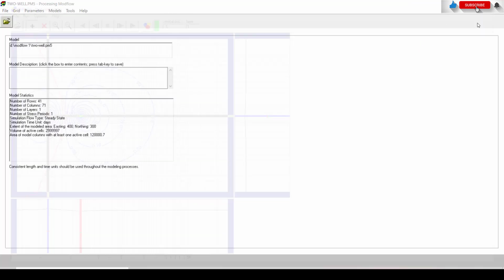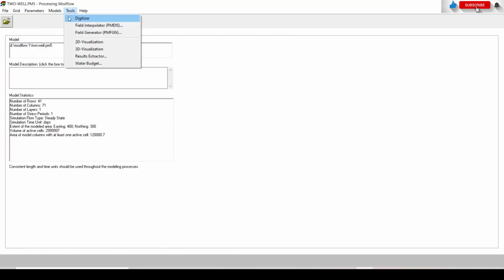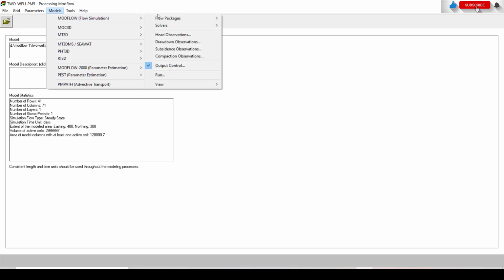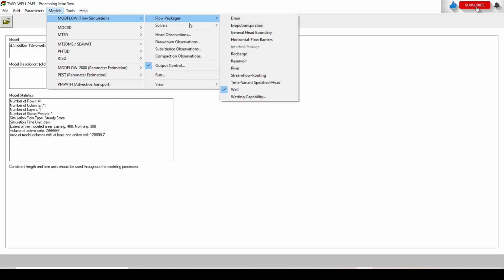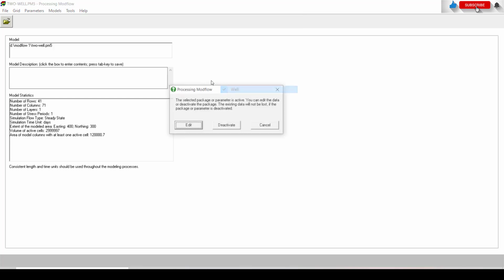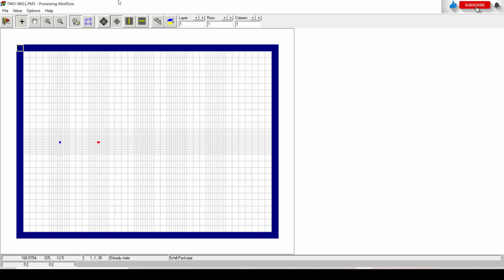Let us do it. Model, flow package, well, edit. Let us do here, copy to this distance, and also you can delete